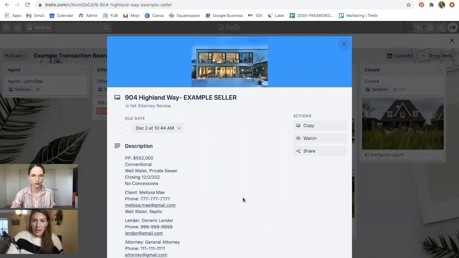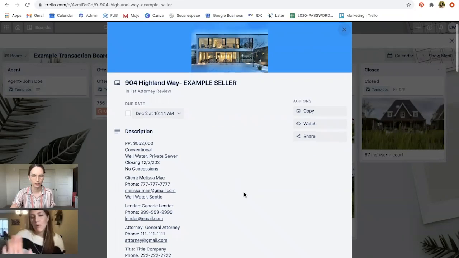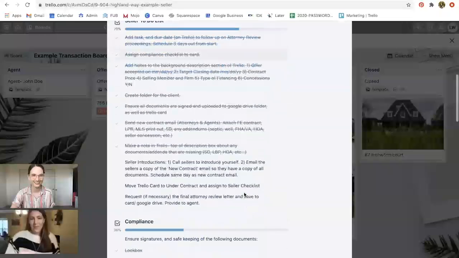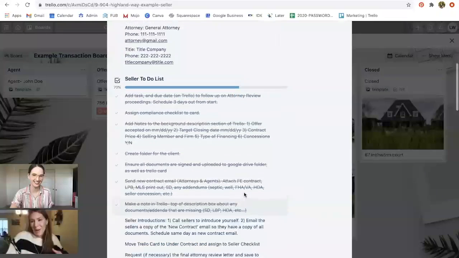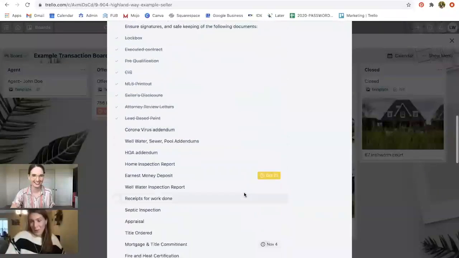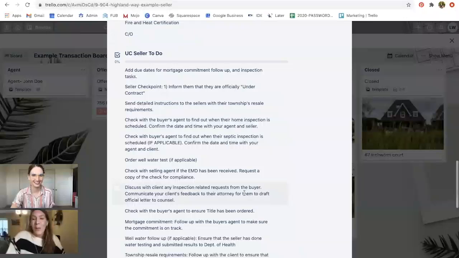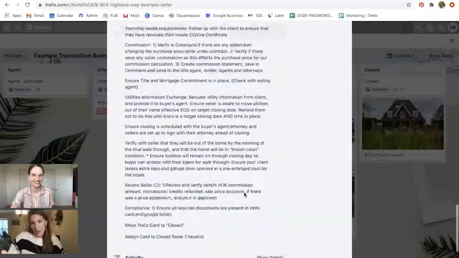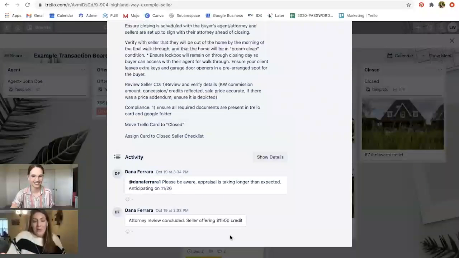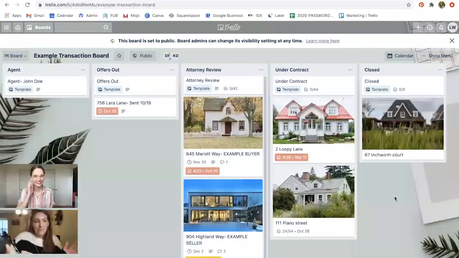But if you, oh, you have a different view of it, but there's a tab on every card when you're actually a part of the board. This is the public view. But there's a tab where you can actually upload documents right to it, which is also why I like that it can be private, so that anyone, no one, or not anyone, and we can pull documents right out of it. Right. But yeah, all of the documents can be housed in there if we need a quick reference,